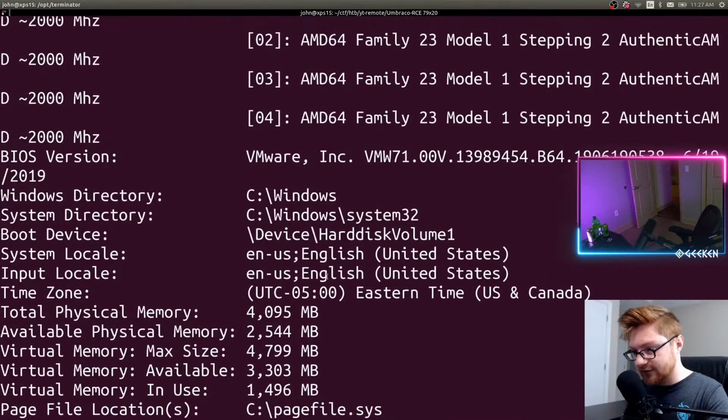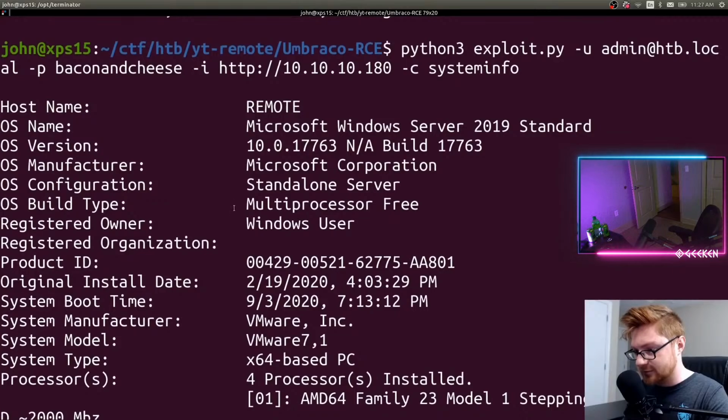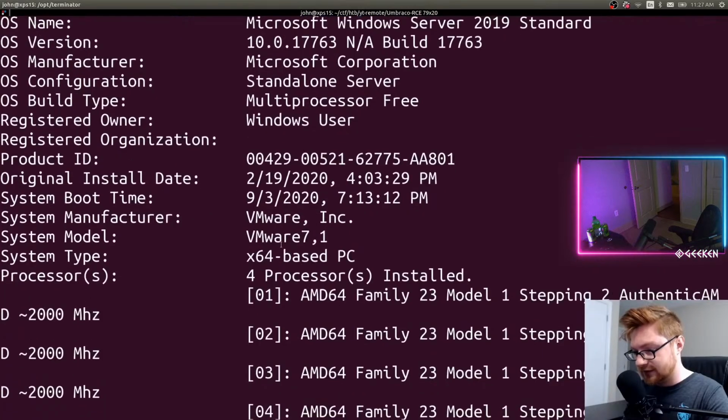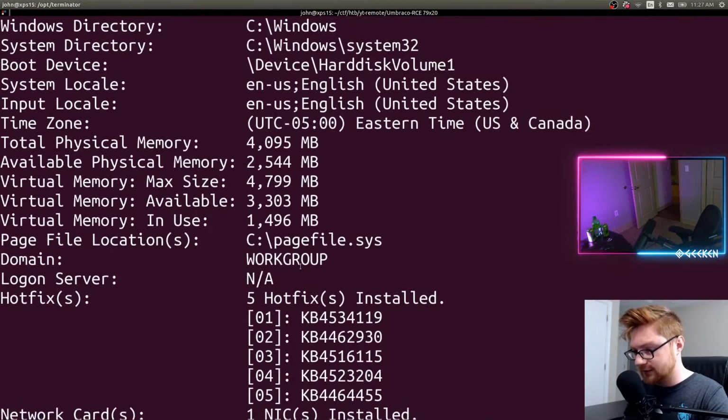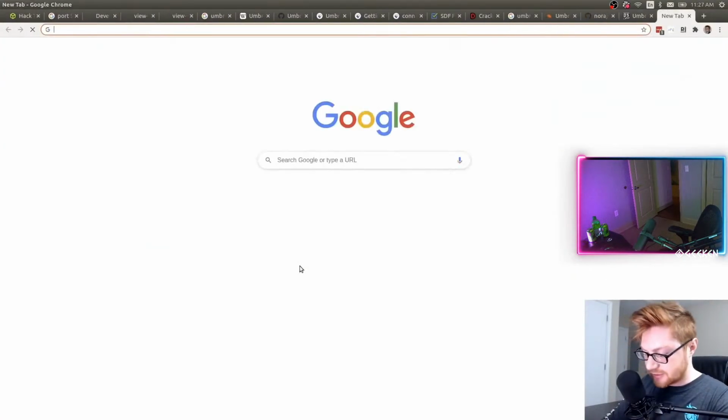Yeah, and all this output is coming through. That's awesome. Windows box, x64 processor. It's good to know the architecture. So can I get a reverse shell? On Windows, you might need to do a little bit more clever things because it's not as easy as just